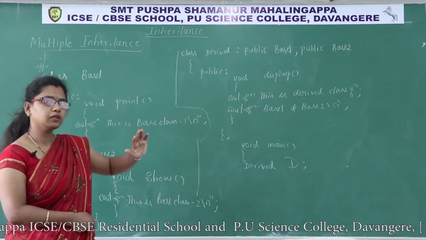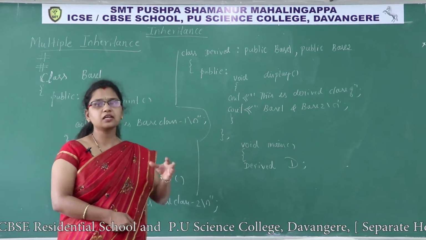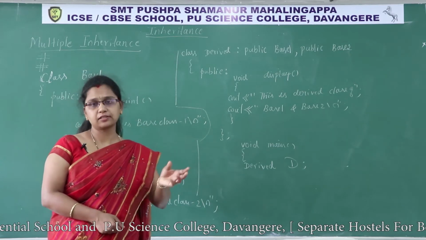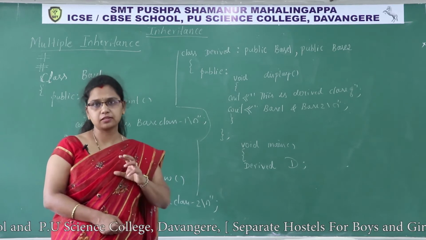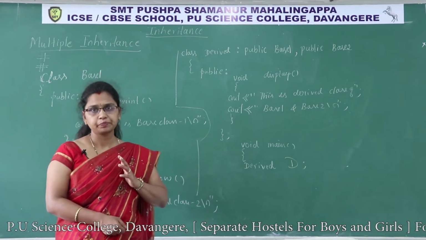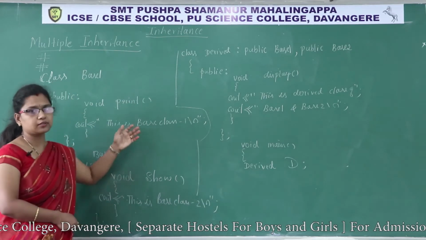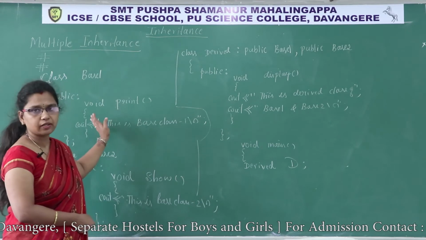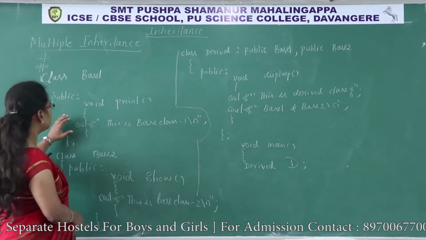If you are comfortable with the previous program, you can go ahead with that. But while accessing a member, we have to be careful about which access specifier that member belongs to, whether it is inheritable or not, and how to access it. These things you need to remember. So if it is difficult for you, you can go ahead with this program. It is very simple. There is no data member, only member functions, so it would be easy for you.